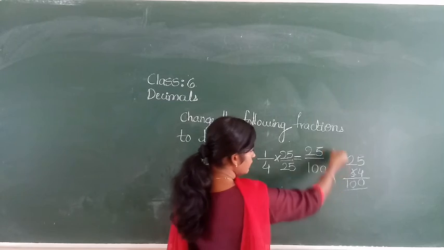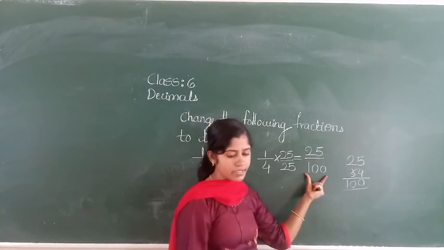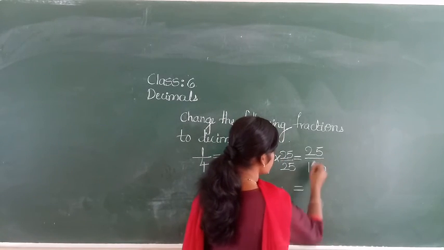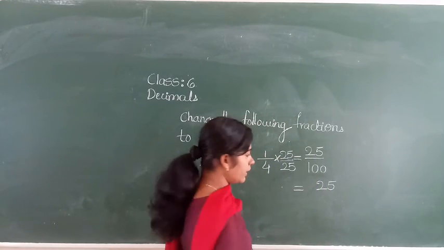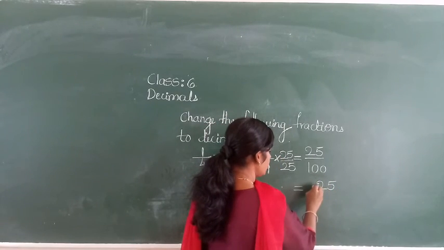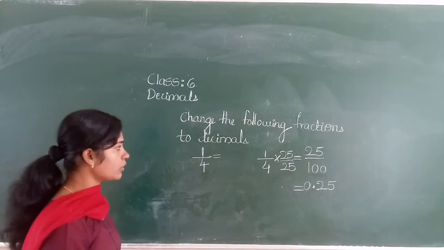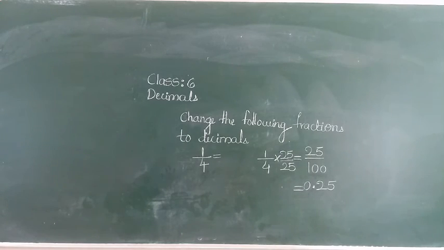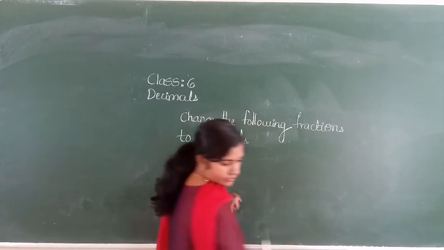Now this I can convert into a decimal because here the denominator is 100. Then take here how to do this. Write here, first you write the numerator 25. See here in the denominator how many zeros are there? 2 zeros, 1, 2, and give here the point and write here 0.25. So this type you have to convert the fractions to decimals. First you need to check in which table the number is there.